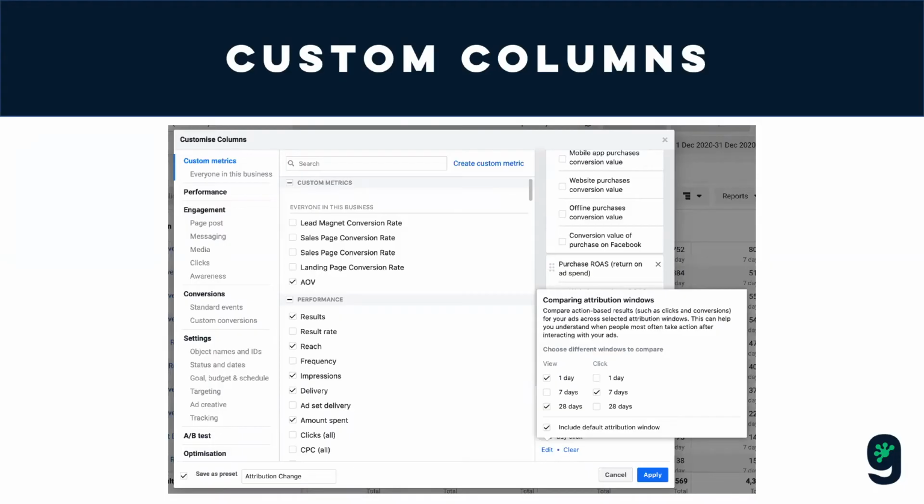So you're going to ensure that you've got the purchase and conversion value selected as metrics. You want to deselect all of these tick boxes here because they'll just produce additional columns that we don't need right now. And then you want to make sure in the bottom left corner under attribution, you have the following attribution windows selected because they're going to give you a column for each of these attributions. So you have include default attribution, which for campaigns that you started last year will be 28-day click, 1-day view. Then you want additional columns of 1-day view, 28-day view, and 7-day click.